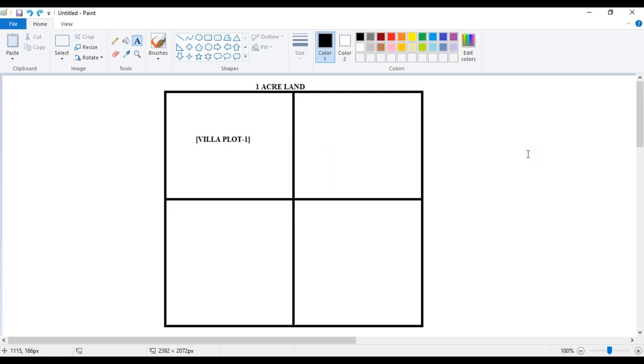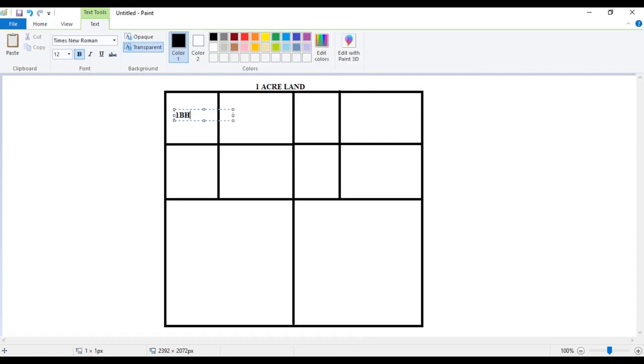So what you did is, let's do one thing: we'll leave 2 villa plots as they are. But we're going to divide the other 2 villa plots into 4, and that too in an unequal manner, something like this. The small one is for 1 BHK, and these are for 2 BHK.